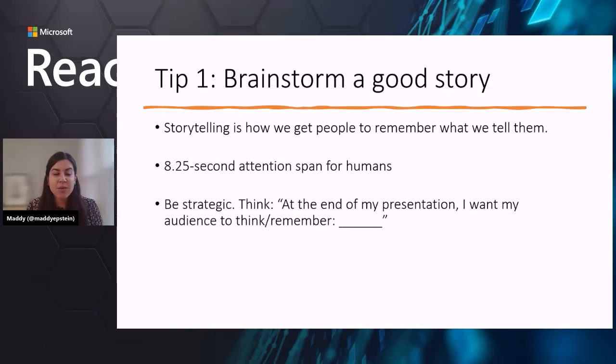And then the last thing you want to do when you're brainstorming what story you should tell is be really strategic. So John Papa gave another talk in the series about storytelling also, and he told this story about Thomas Edison and pushing the right button. And this is all about being very strategic about what story you are telling and making sure that you're telling the right type of story. So you want to be strategic here.